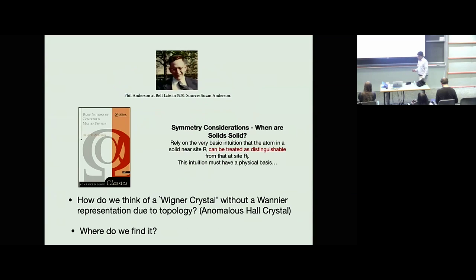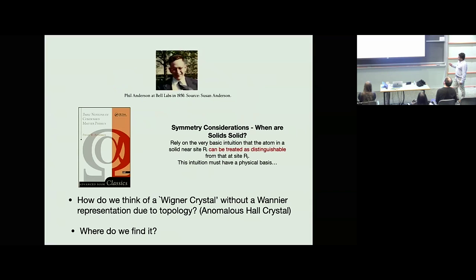Okay, and so there are different questions that come up. One is sort of a more philosophical question. If you look at these basic notions of condensed matter physics, Anderson talks about his view of solids, of quantum solids, where you think about the particles at different sites as being distinguishable. Okay, that's, I think, really this classical limit of a crystal, where you think of particles localized at certain sites. But how do you think about a Wigner crystal when you don't have such a Wannier representation? Okay, where you don't have such a classical limit. That's what we're talking about. That's sort of maybe more philosophical.